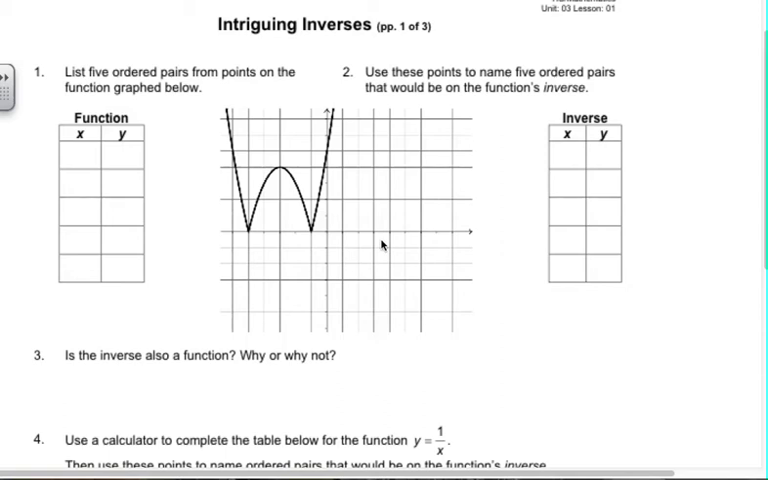Resources. You should have this paper in front of you. We take a look. It says list 5 ordered pairs from points on the function graph below. Now, obviously, I want to pick points which lie on a grid, so I'm going to pick this one, this one, this one, this one,